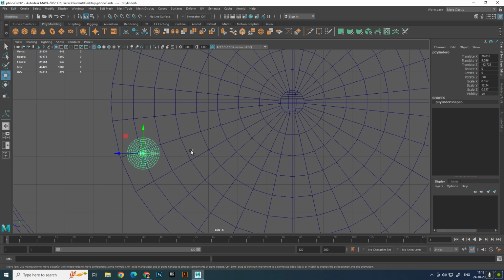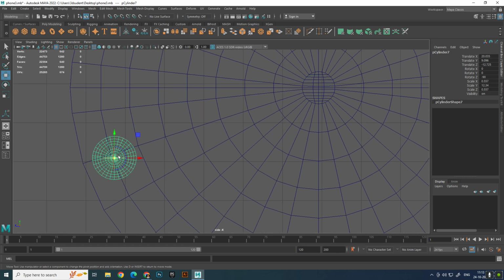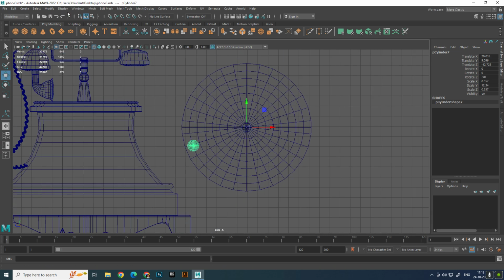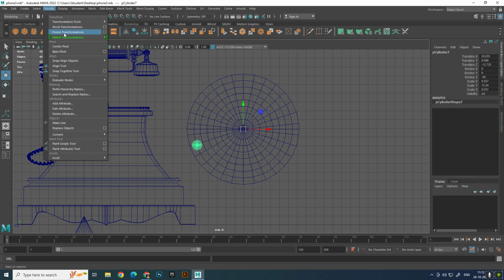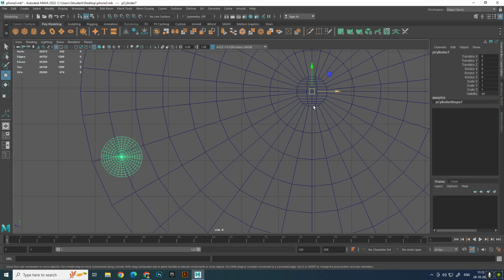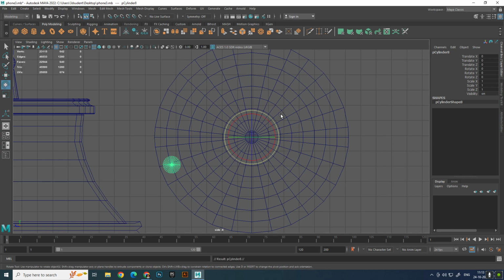Then Control D and keep this pivot point is here. D and your pivot point is in middle of the grid, exactly in the middle. So FT for the object and freeze transformation, everything is here, and middle of that object Control D,